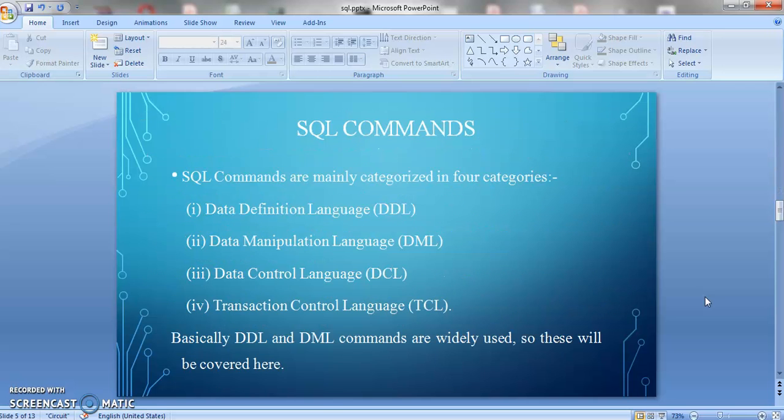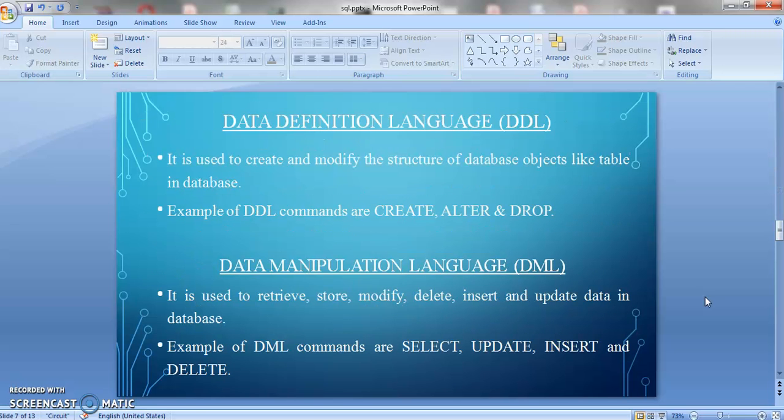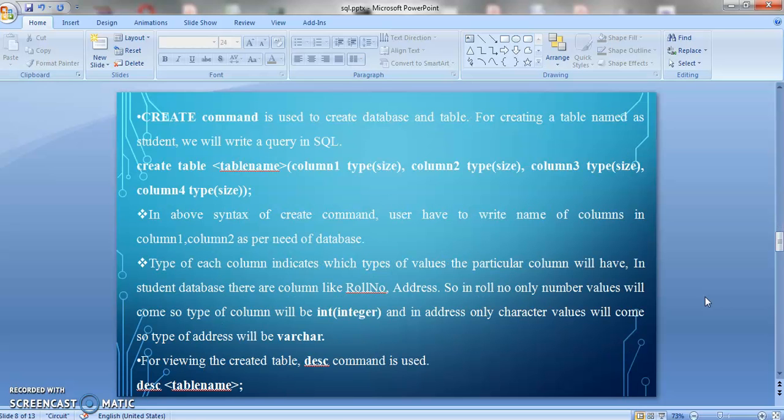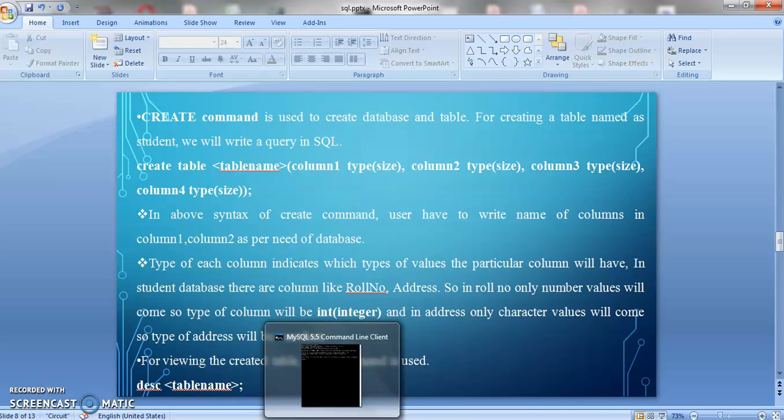So, we have started with the DDL command. In DDL, first we will see the create command. So let's recap the commands. In the previous session, if we have not covered it properly, we'll start again this session in a practical manner. So first we will open the